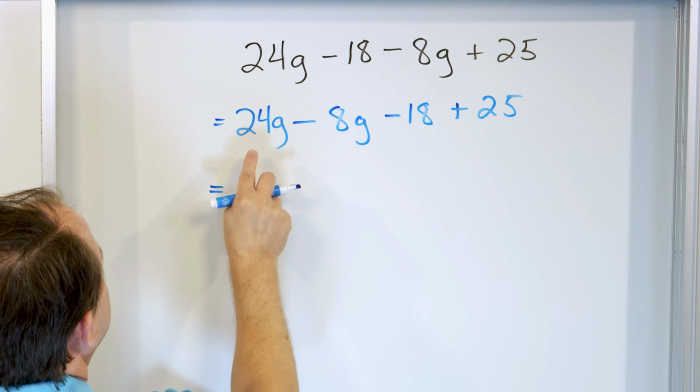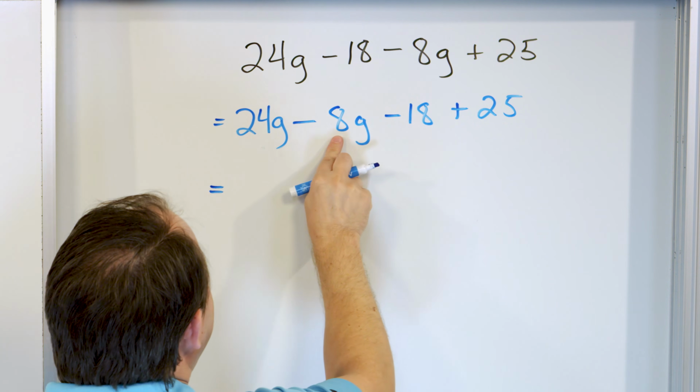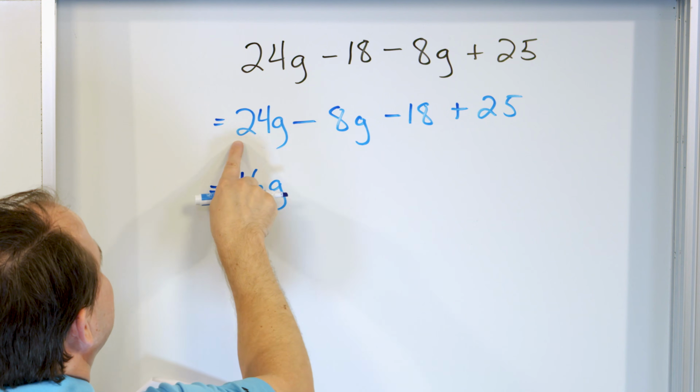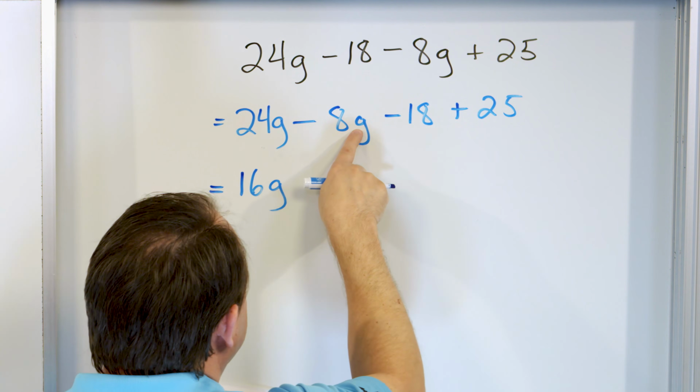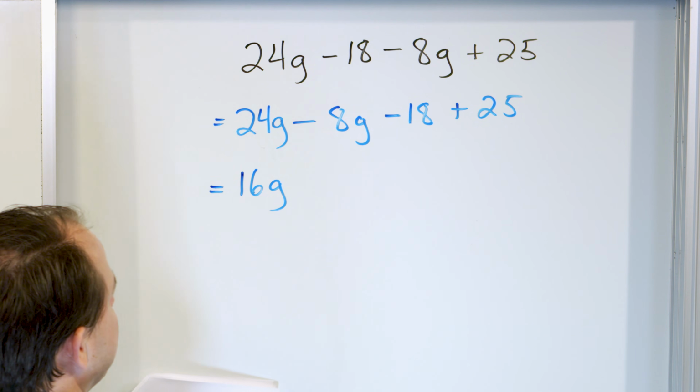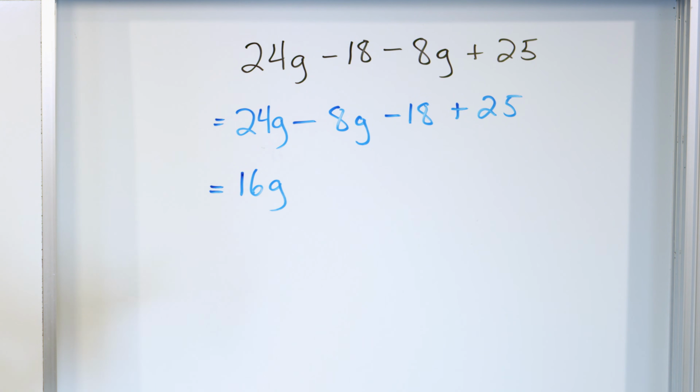Now, combine like terms. We have 24 minus 8. What is 24 minus 8? It's 16, but it's 16 g's, right? Because it's 24 golf balls minus 8 golf balls. It's got to be 16 golf balls. You have to carry the variable with it. All right? And then we have over here,